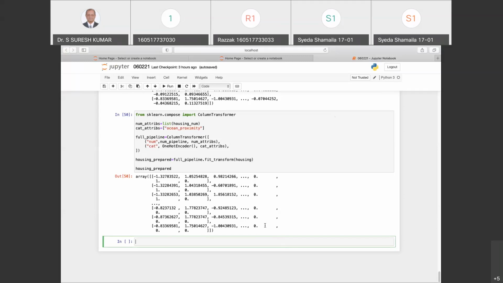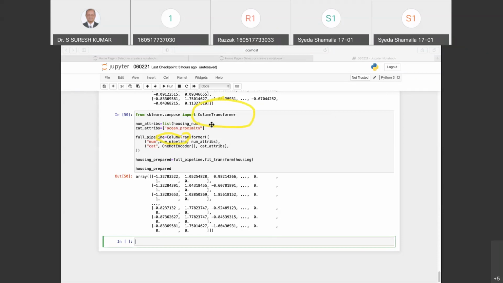Okay, chalo, let's come back to what we were doing. See, in this, the one hot encoder which I used here returns a sparse matrix, while this num_pipeline, which I have used over here, returns a dense matrix. When there is such a mix of sparse and dense matrices, the column transformer estimates the density of the final matrix, that is the ratio of non-zero cells, and it returns a sparse matrix if the density is lower than the given threshold. So in this example, it returns a dense matrix, and that's it.